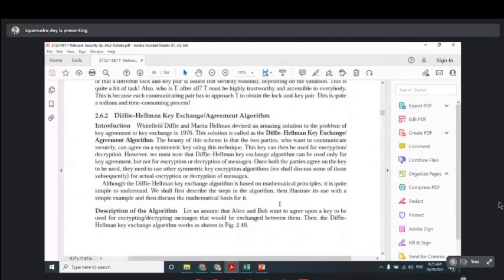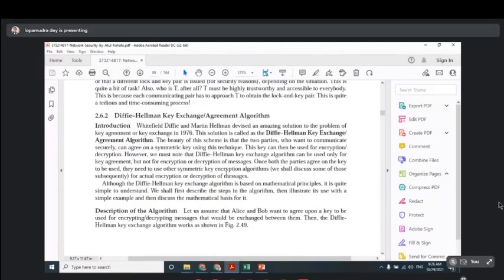So today we are going to discuss the Diffie-Hellman key exchange procedure. As I told you, there are two things we need to handle in symmetric key and asymmetric key algorithms: one is the algorithm, another is the key. We have learned about different algorithms. Now our next task is how to generate the key.